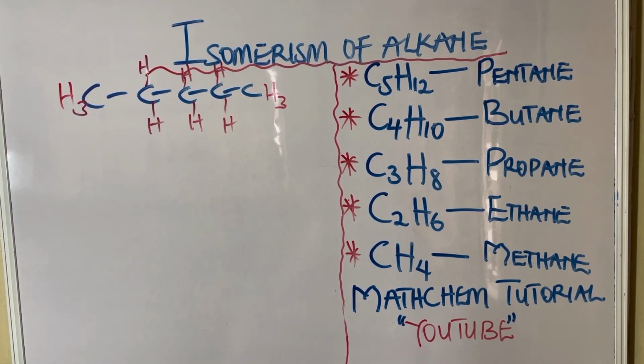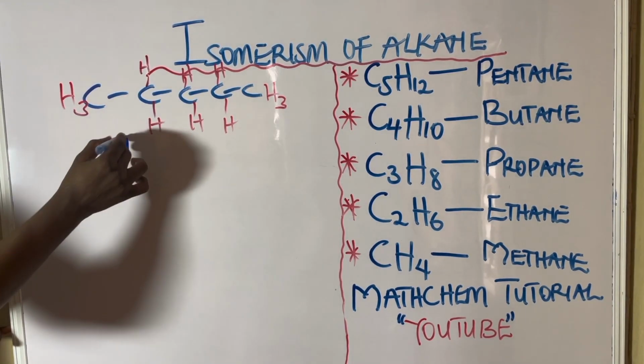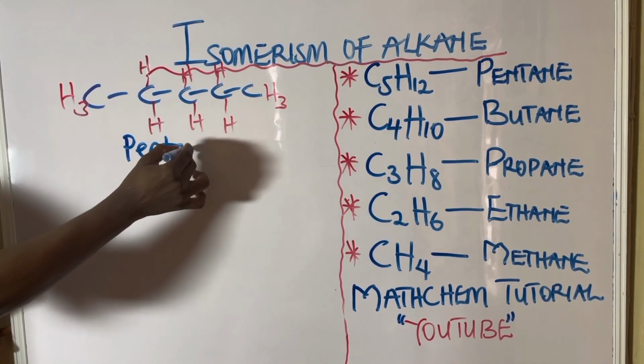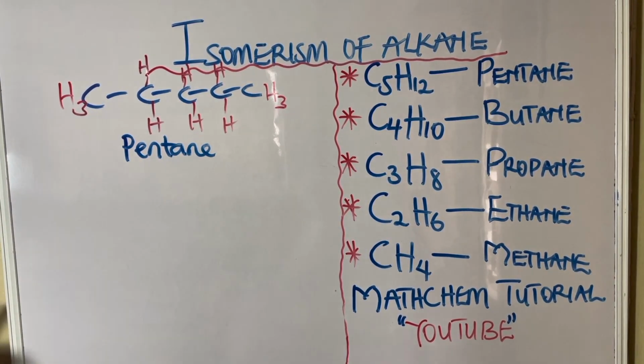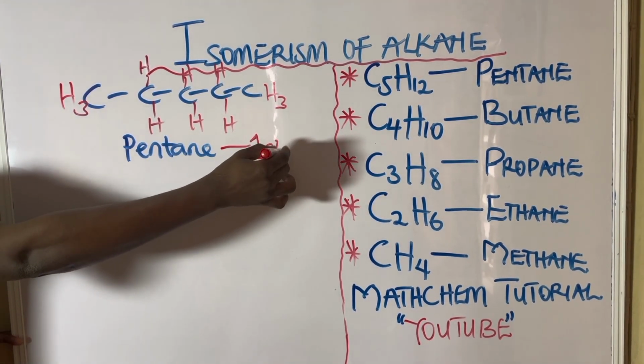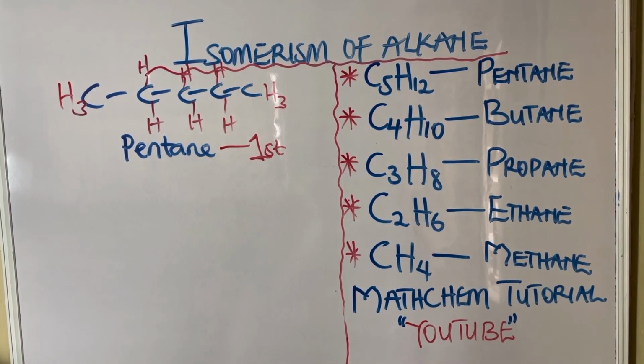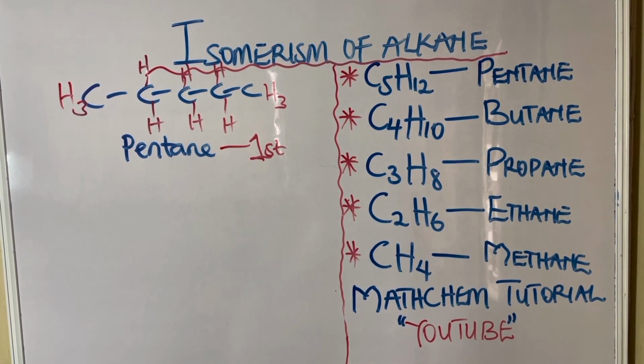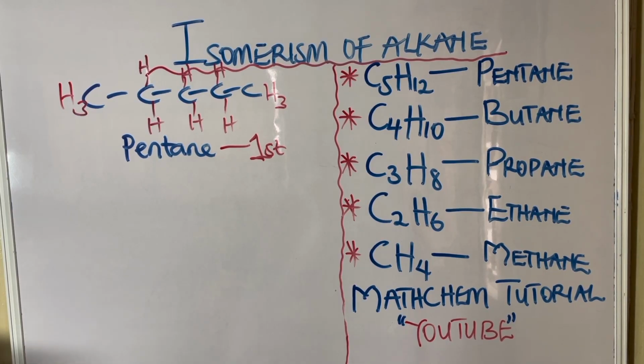Now, this is the first structure of pentane with C5H12 molecular formula, and the name is pentane. So let me write the name. This is pentane, and I will name this one as the first isomer. That's the first isomer. Whenever you have drawn the first isomer, the main structure of that particular compound, which is pentane,